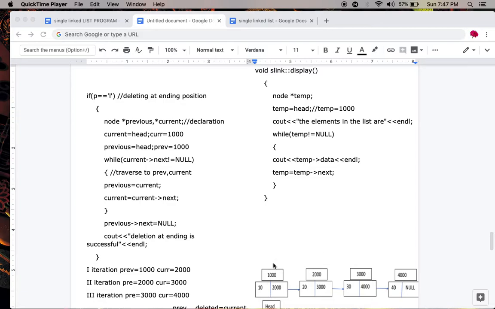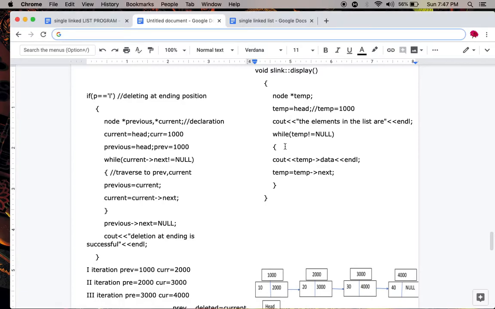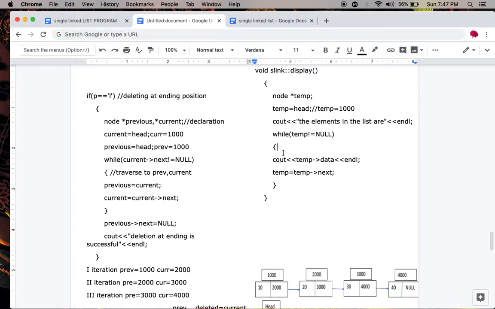So without disturbing the basic structure, I am taking one more pointer variable, and I am taking the head address into that pointer variable. By using this temporary pointer variable, I can traverse from one node to another and display one element and another element in the list. Here the loop is repeating until the list reaches the last element. Here the loop is used for traversing the list.